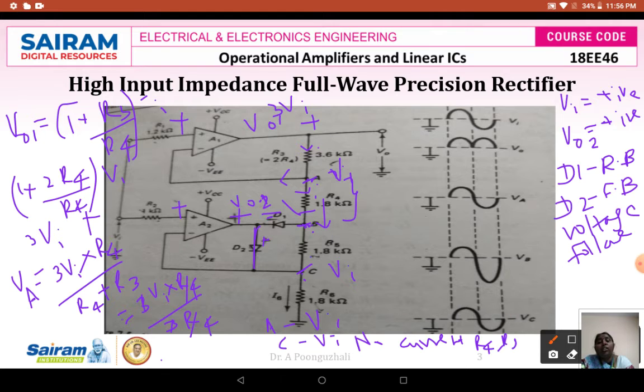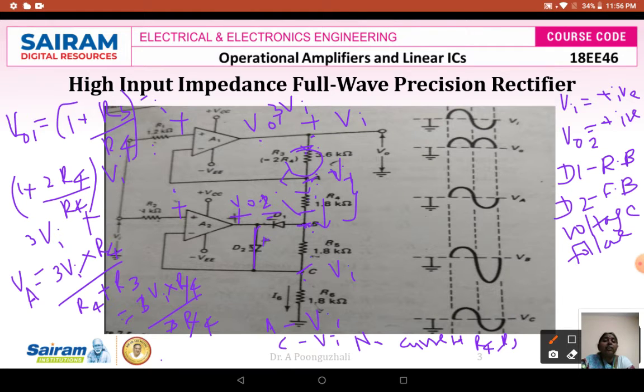When there is no current here, surely the current drawn by the input terminals is negligible. So the same current will flow here. That means there is going to be no current through this R3 resistor also. When there is no current through this resistance R3, there is no voltage drop across the output there. Automatically there is no current across this R1 resistance also. That means my output is going to be same as the input there. So here I will have the output voltage to be your Vi.